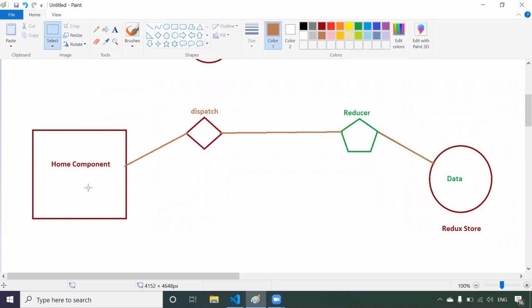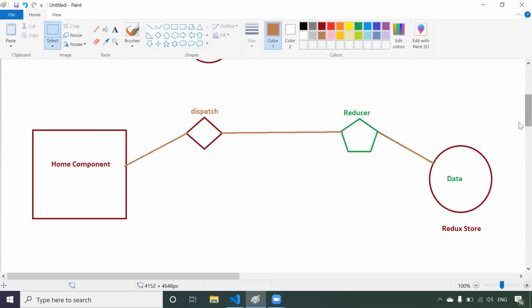In this video, we are just going to see how we can implement this part in our React app. In the next video, once we have the data in the store, we will have one more component, for example a user component. The user component wants to connect with this store, take that data and display it in the user component. That we will be seeing in the next video. So in this part, we will be implementing this particular flow, right guys? This flow is very important.